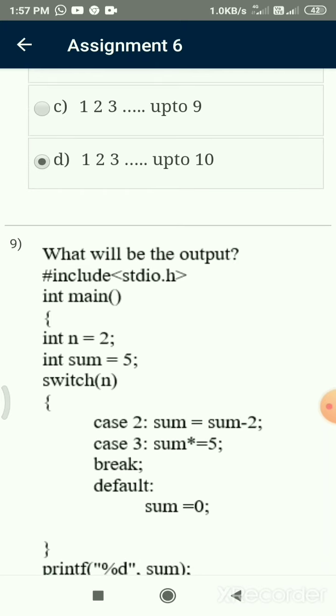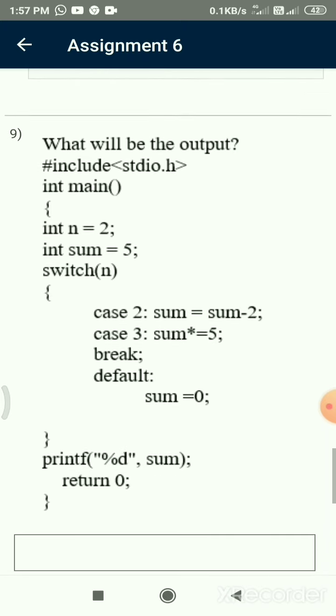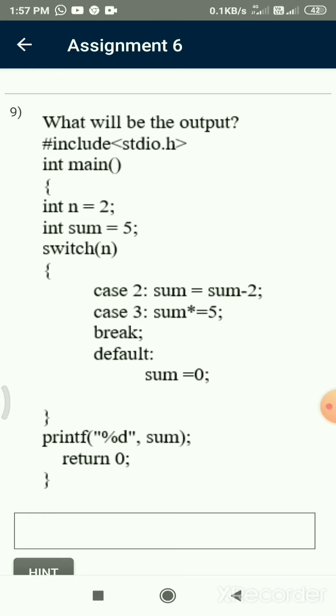What will be the output? Some small sample program is given: int main, int n assigned 2, int sum assigned 5, switch of n, here 2.